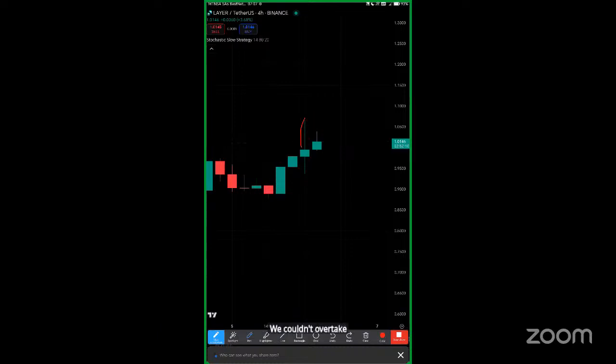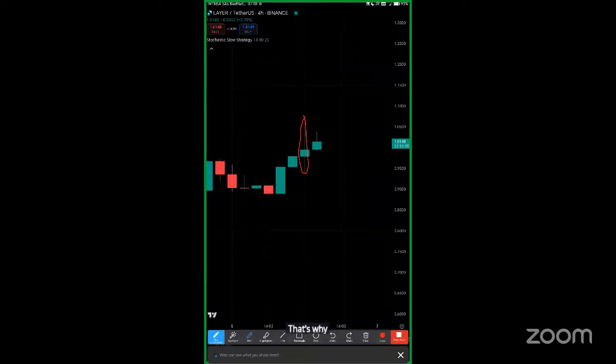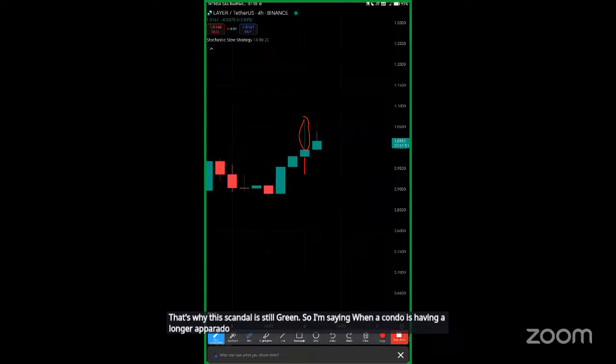Yes, there was a selling activity here, but we could not overtake buyers. At the end, buyers were still dominating. That's why this candle is still green. So I'm saying when a candle has a longer upper shadow and a short lower shadow,